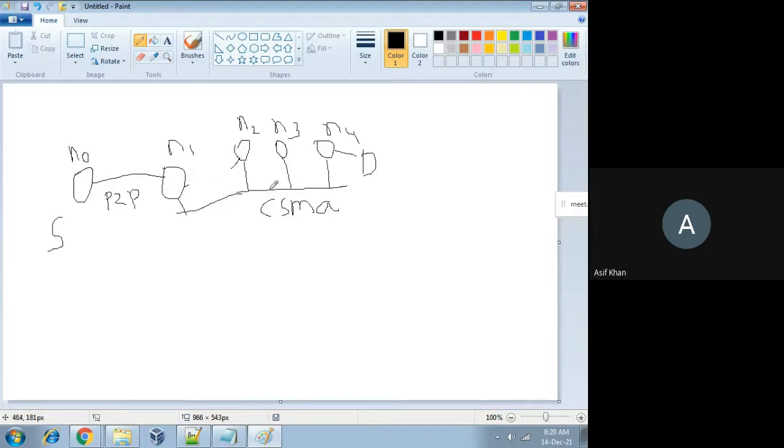It is connected to the CSMA channel this side, and it is also connected to the point-to-point channel this side. So three nodes you can create for the CSMA network, and one more node you can take from this, N1, as the first node here.